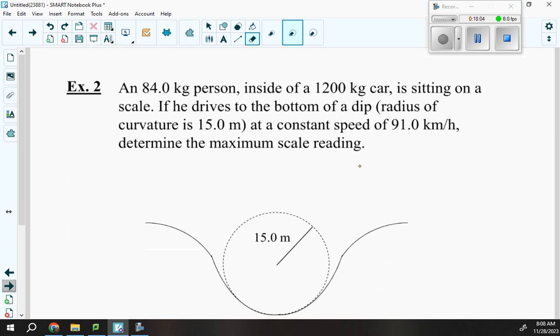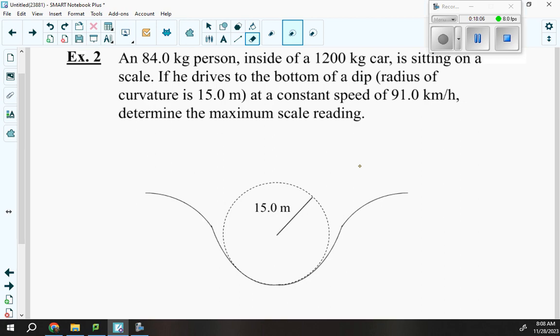Okay, so second example here. I've got an 84 kilogram person inside of a 1200 kilogram car, sitting on a scale. So that is the 84 kilogram person that is sitting on the scale, not the car. Cars don't really sit on scales, at least not when they're moving. So if this person drives into the bottom of a dip with a radius of curvature of 15 meters at